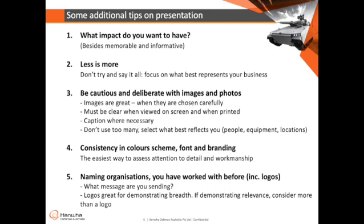But presentation. Content's really important. Presentation can sometimes hinder or enhance your content. This sounds really simple, but it's really important. So back to the impact. What is the impact you want to have? If you want to come across as a professional, slick,